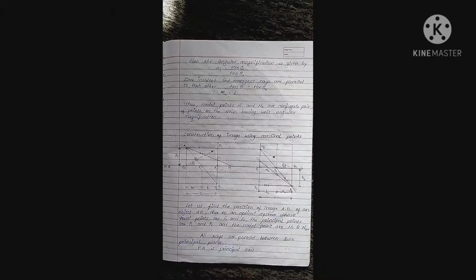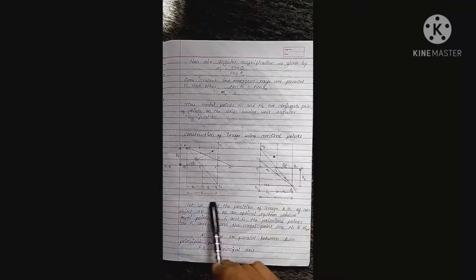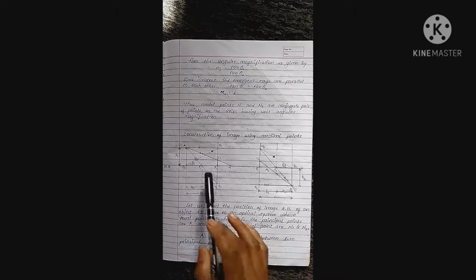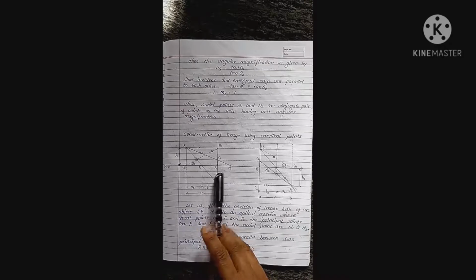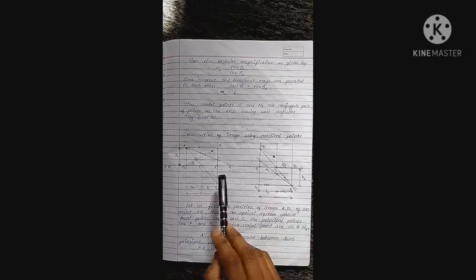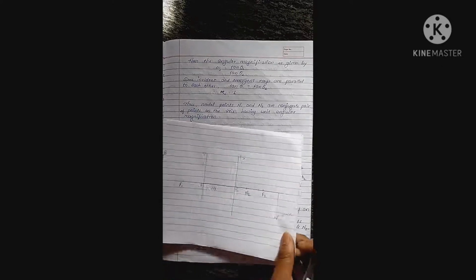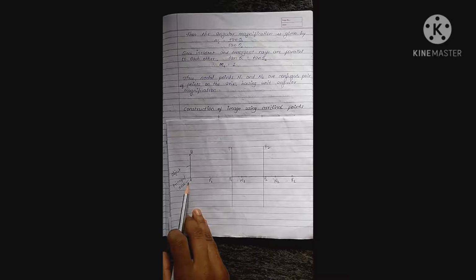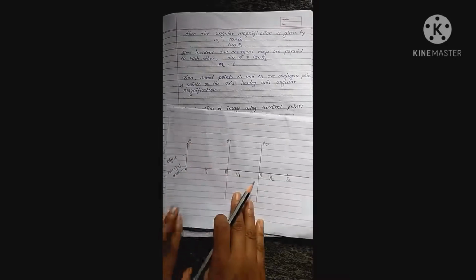In this section, we find the image of an object due to this optical system, whose focal points are F1 and F2, principal points are P1, P2, and nodal points are N1, N2. First, we point out the cardinal points, cardinal planes and object on the principal axis. This is the principal axis and this one is the object, denoted by AB.